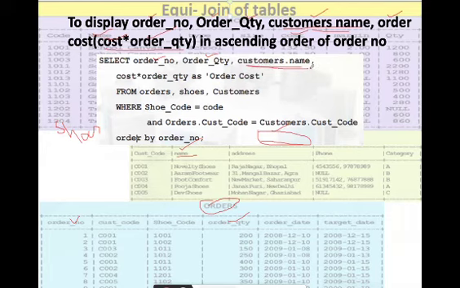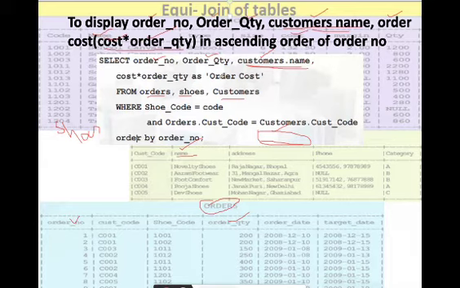So it's not only the common column; we come to a conclusion that even if any other column which is to be displayed has the same name as a column in some other table in the query, then it should also be qualified by writing the table name, so that the specific column which is required is picked.